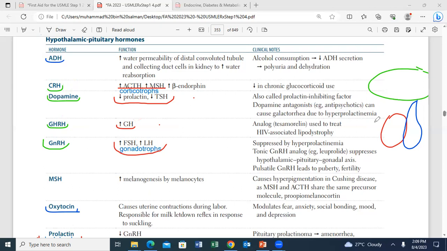First, let's have a look at ADH. ADH is also called vasopressin. The complete name is antidiuretic hormone. Now the name is very simple. Diuresis means the formation of urine. When you say the patient is taking diuretics, it means that the patient is taking such drugs which increase the urine output. So antidiuretic means that the urine output will be decreased, which means that the water will be reabsorbed